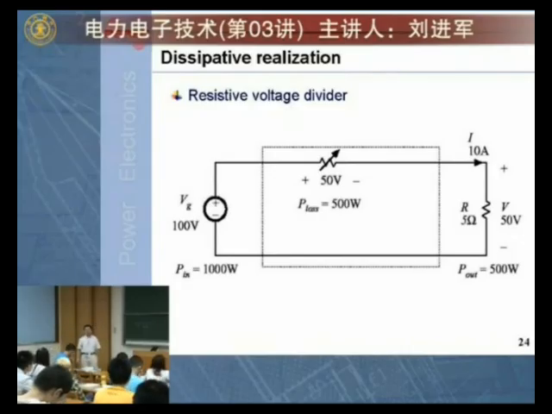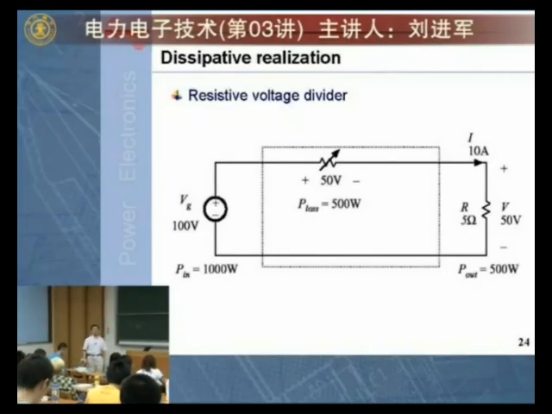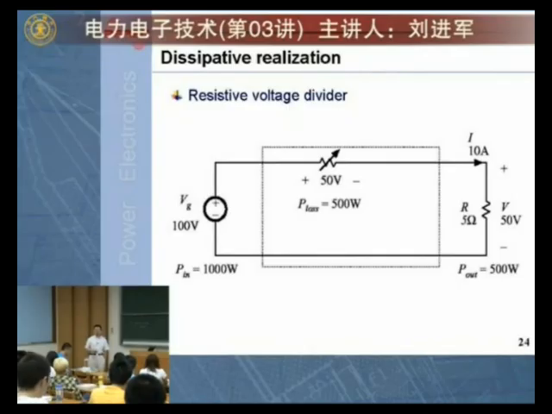And we also discussed that what is not so good about this solution actually lies in two aspects. First, this is too energy wasting, because 50% of the input energy will be wasted on this resistor we put there. Okay? So the total efficiency of the energy transfer to the load is just 50%. That's the first aspect. Second,